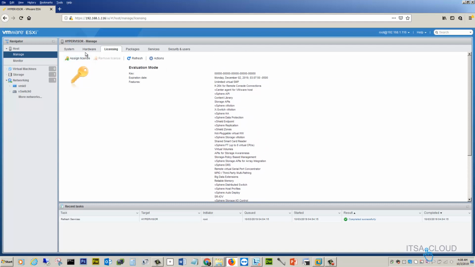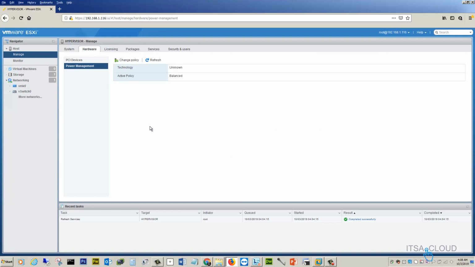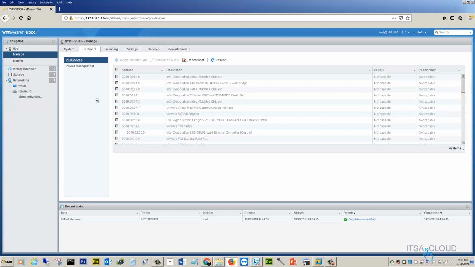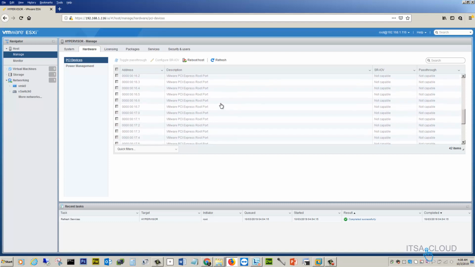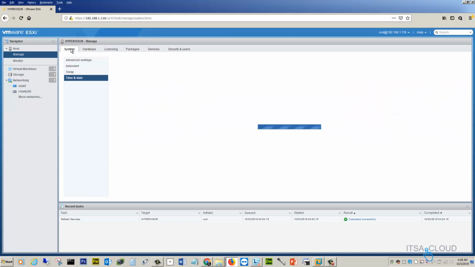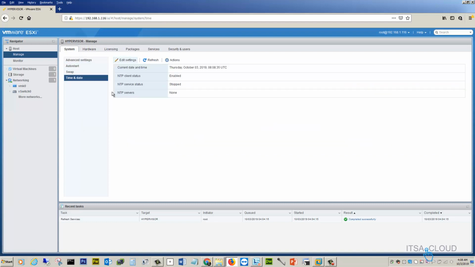So if we want to take a look at the hardware, let's see, PCI devices that you have, just in case you need to get deeper information about it. We go to system. This is another important feature, which is the NTP server. If you have one, you input just the domain name or the IP address.